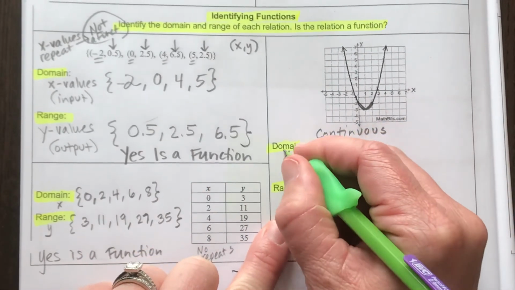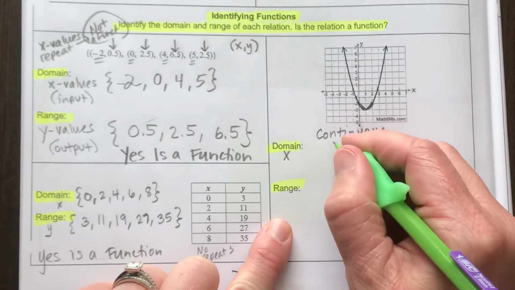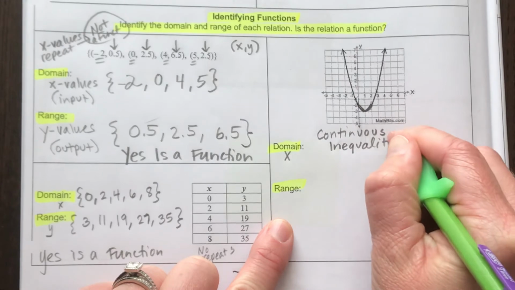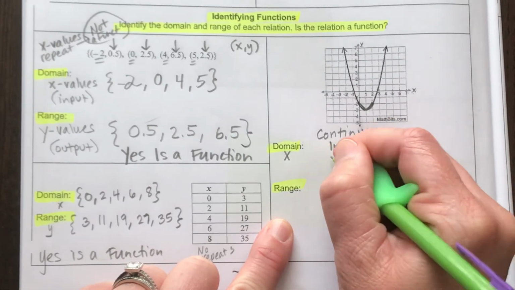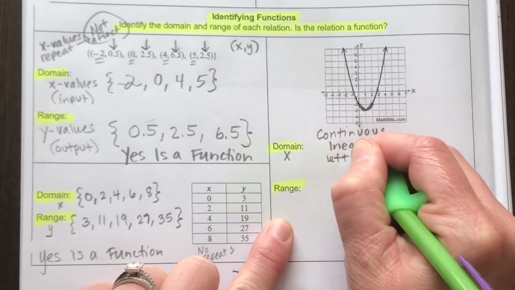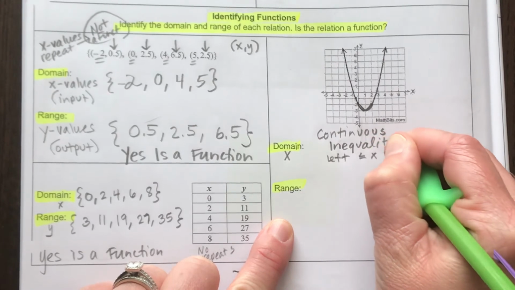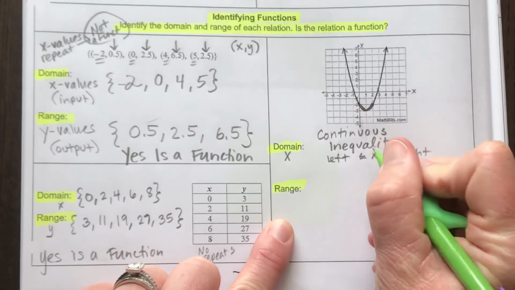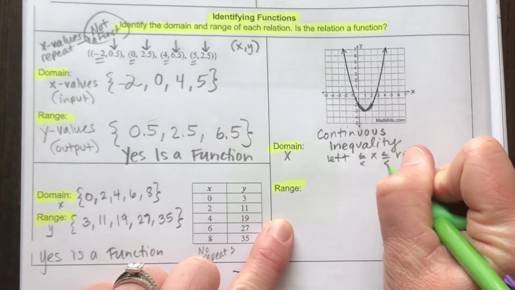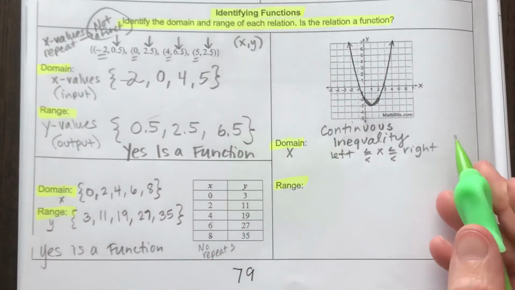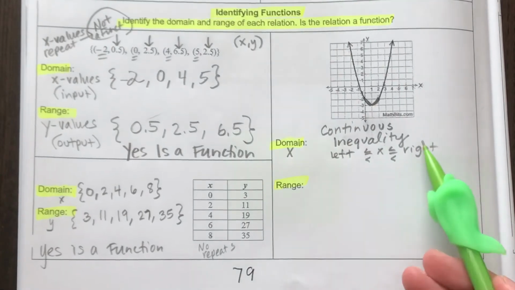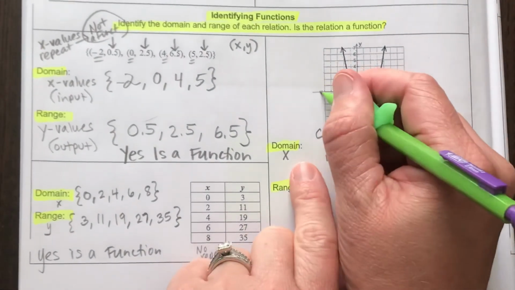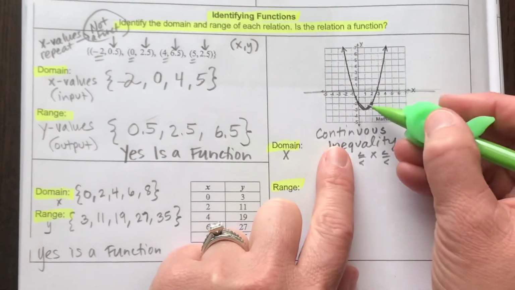Now, because domain is our x values, I'm going to show you how to write this as an inequality. And how we're going to write it is from left to right. Now, sometimes we will use less than or greater than here, but it will always go in this order, left to right. So domain here of my function, as I'm looking at my x values here,